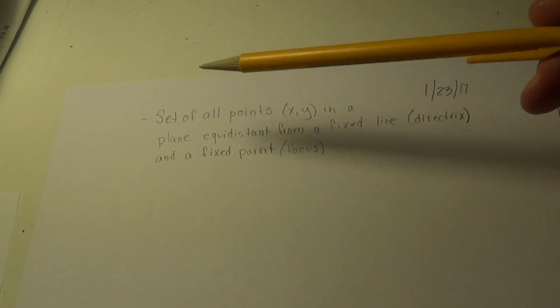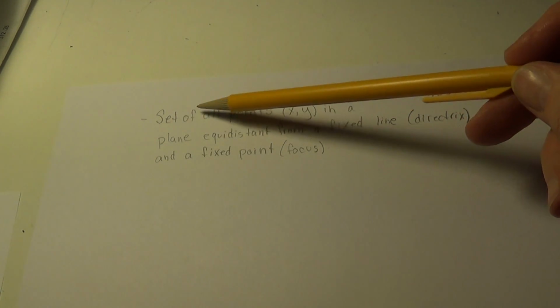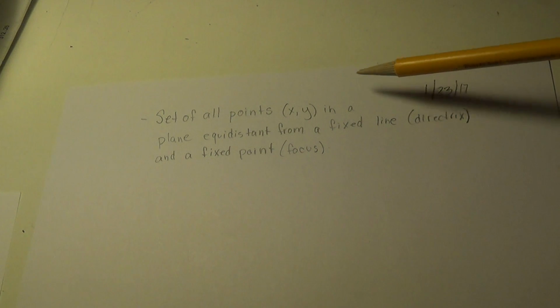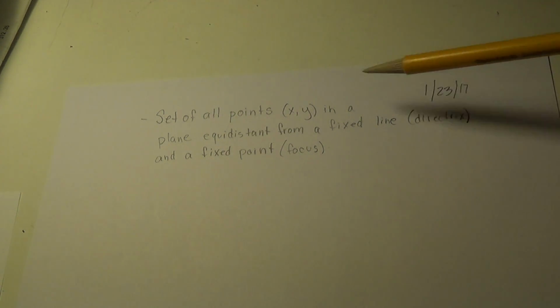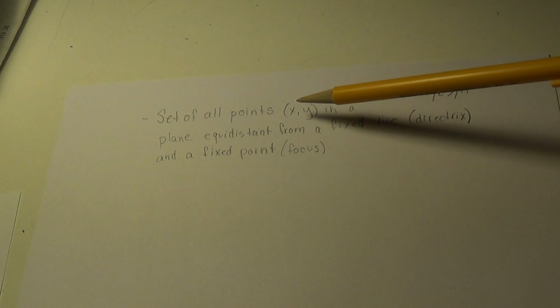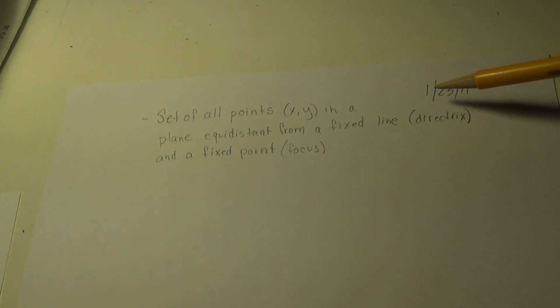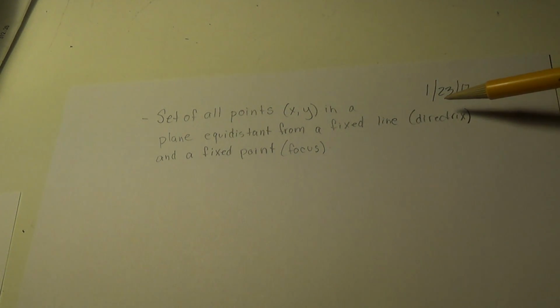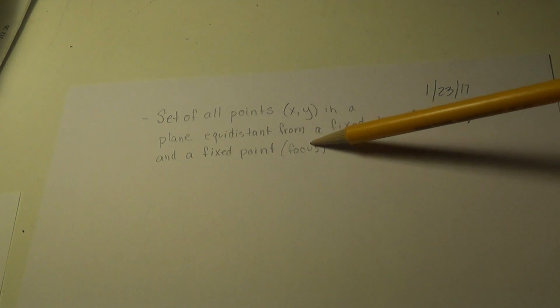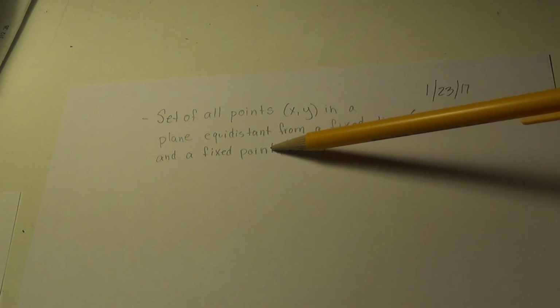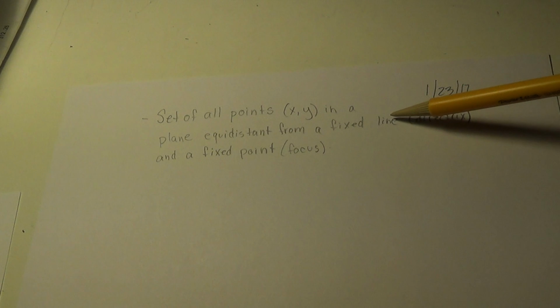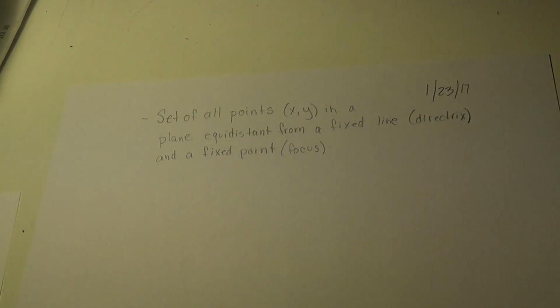So write it, pause if you need to. The set of all points xy in a plane equidistant from a fixed line, which we call the directrix, and a fixed point, which we call a focus. And that fixed point cannot be on the fixed line. All right, so